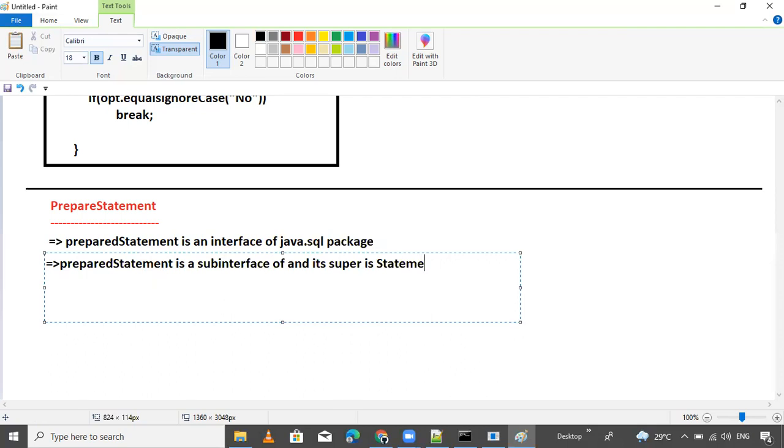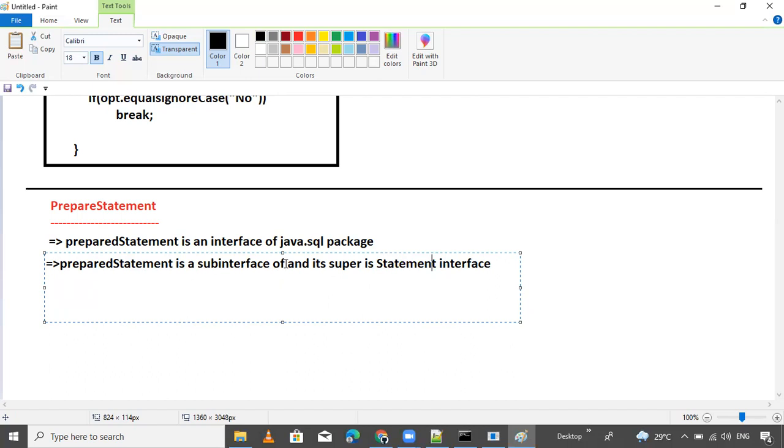This is a very important point. PreparedStatement is a sub interface of the Statement interface.